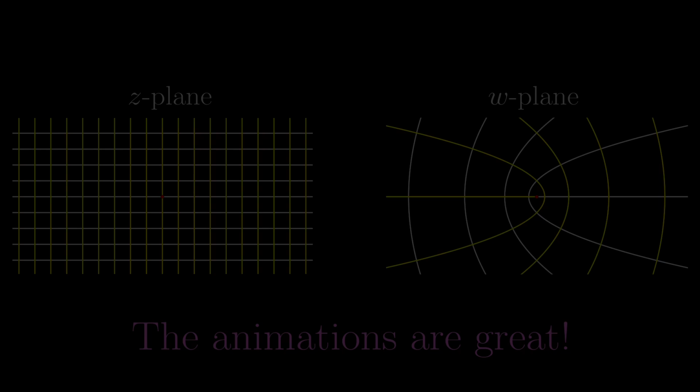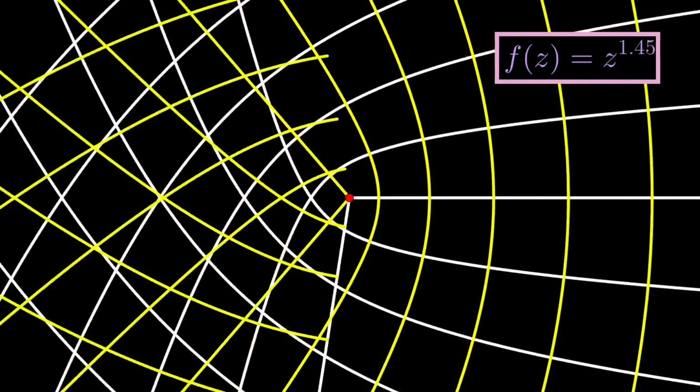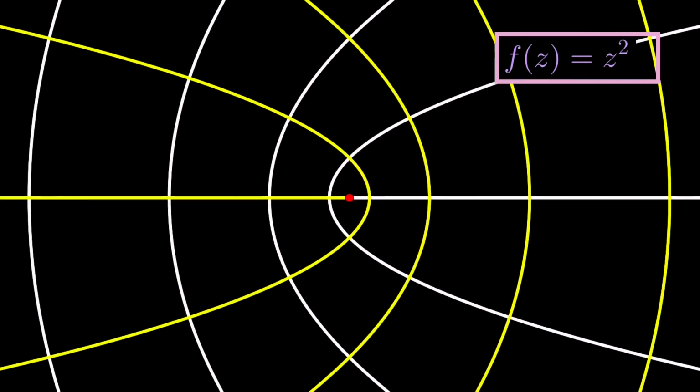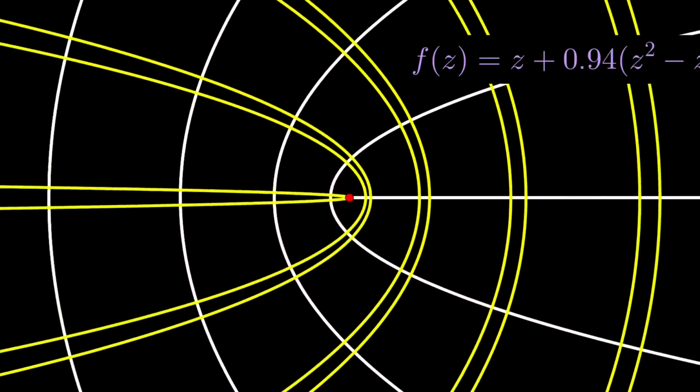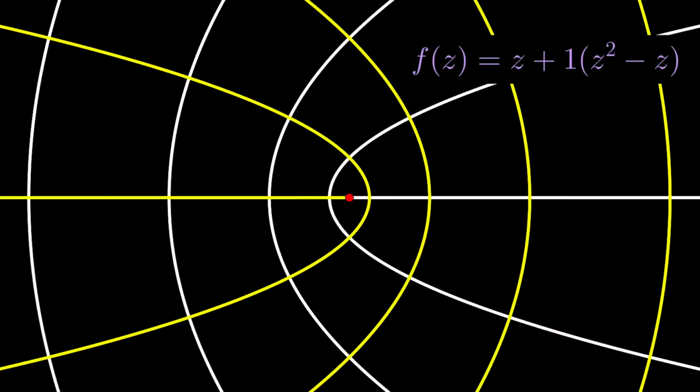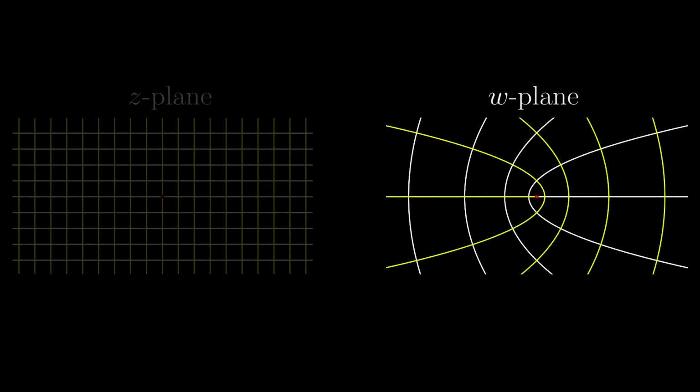I could have chosen any transformation, just that in this case, the most natural transformation is to let the exponent go smoothly from 1 to 2. But that's not the only choice. This is another choice of transformation that is also quite smooth. My point is, that's right, only the resulting w-plane is important.